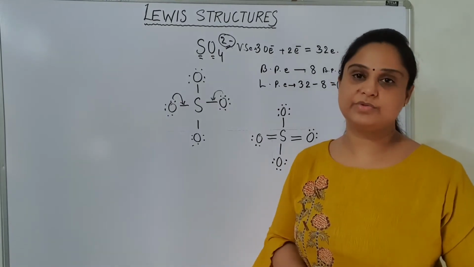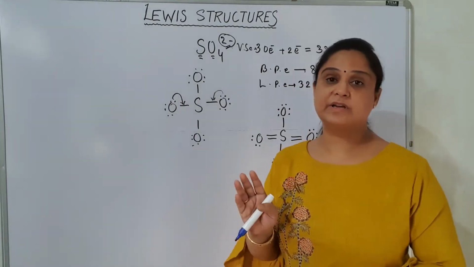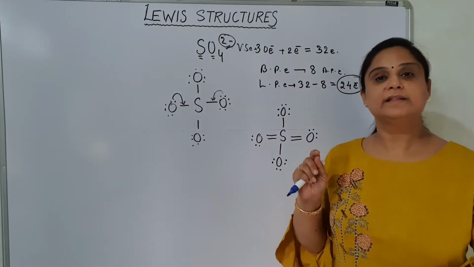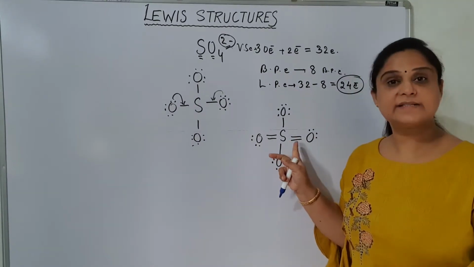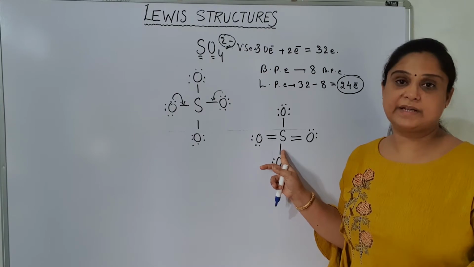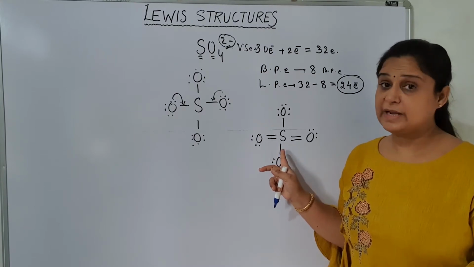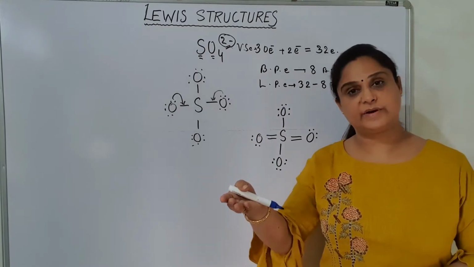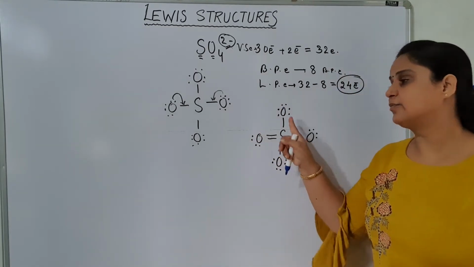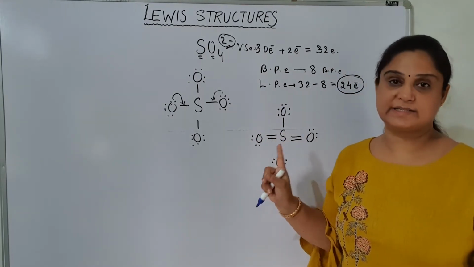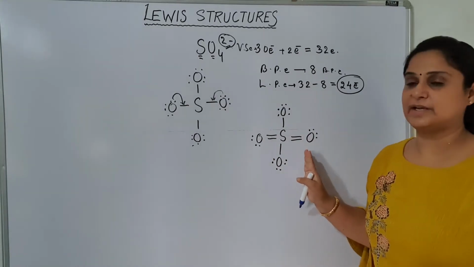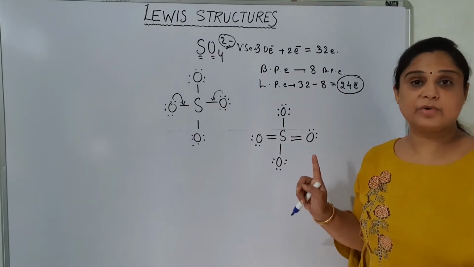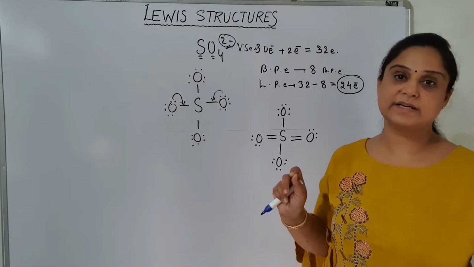Now how are we going to justify this? The rule which we are going to break here is that the middle atom, that is the central atom, can break the octet rule. Break, but it cannot have less than required. They have more than required. That is, it can have more than 8 but not less than 8. So this is the breaking of the octet rule. But who is going to break the rule? Only the central atom.